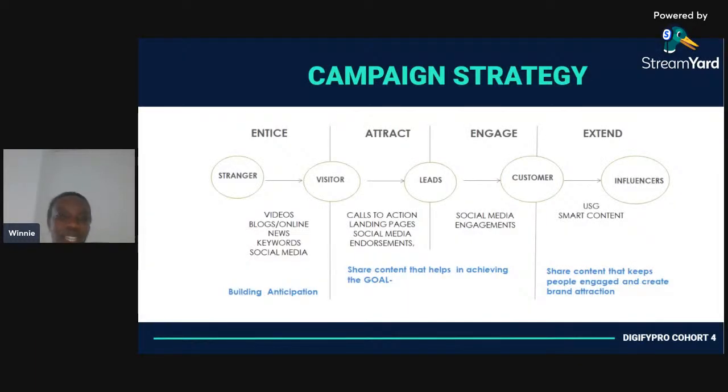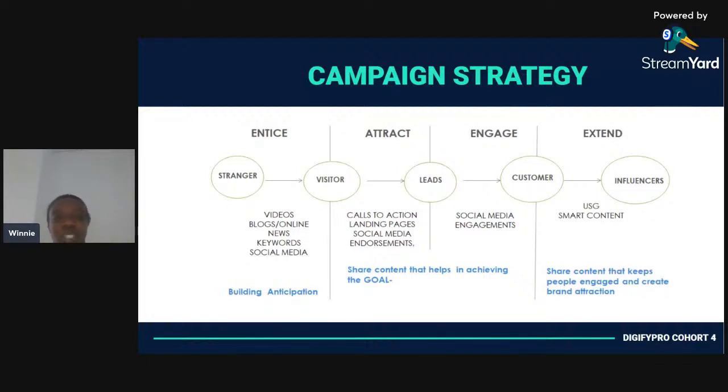So what campaign strategy have they decided to work with? You can see here, they have decided they will do videos, but for their videos, they want to work on enticing people. That is the direction they want the videos to take. So they want the video to entice people to work with this bank. You can see they plan to do a bit of blogs in social media as well.